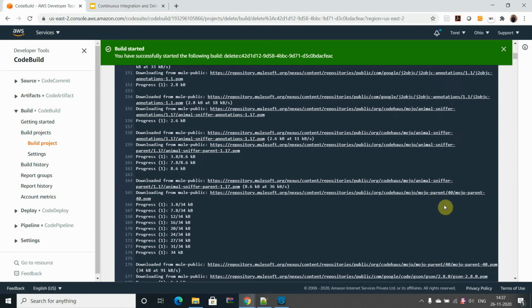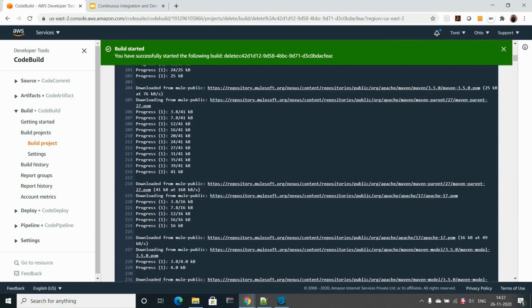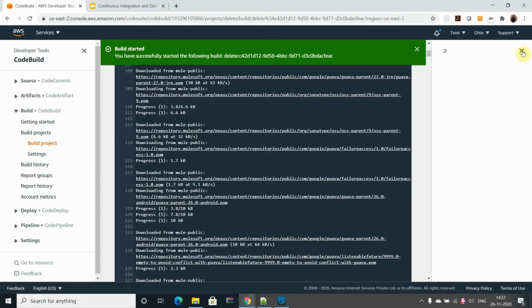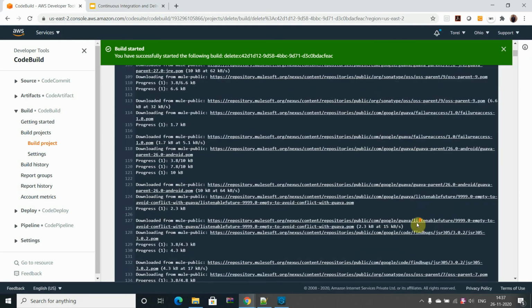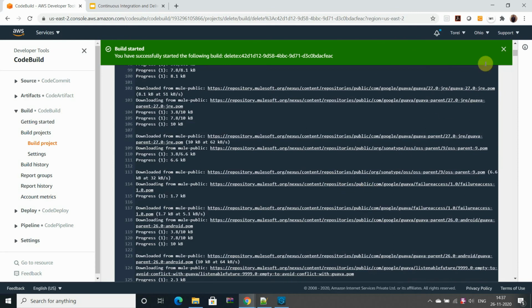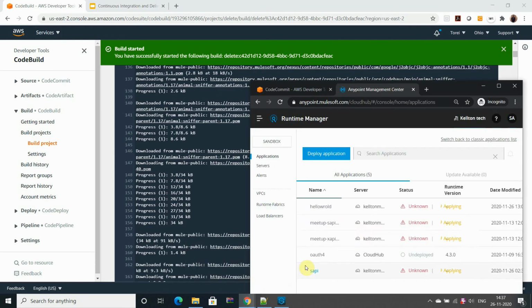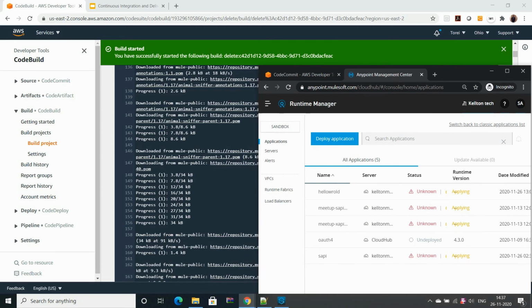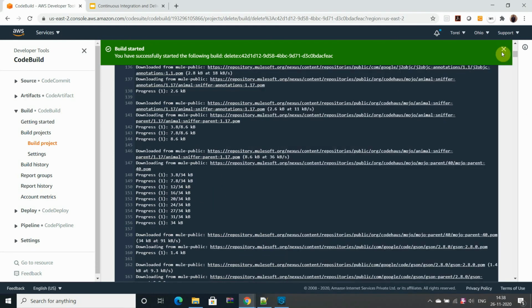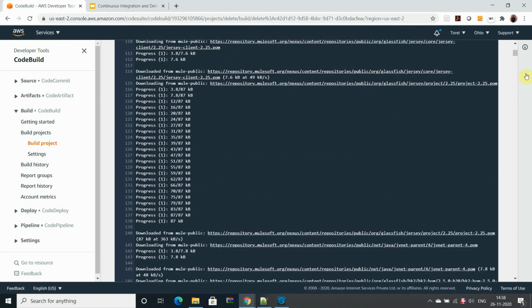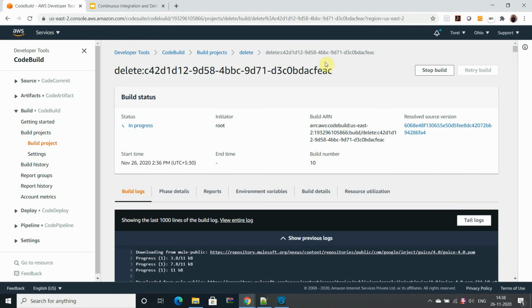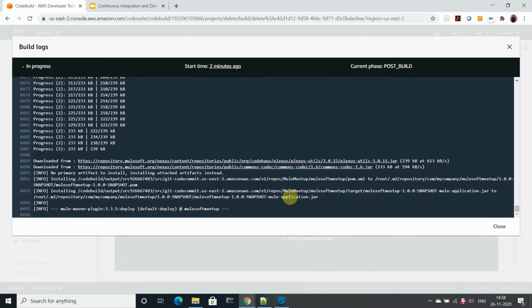Let me open this log. Still being deployed. Let me open the tail log. Now it's being built and deployment is in process.